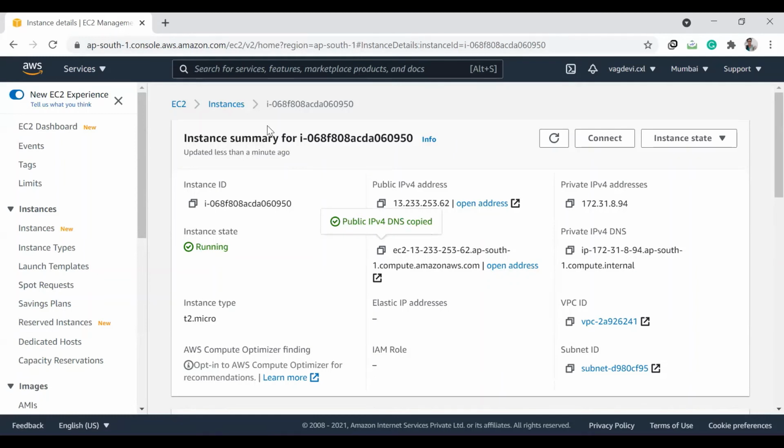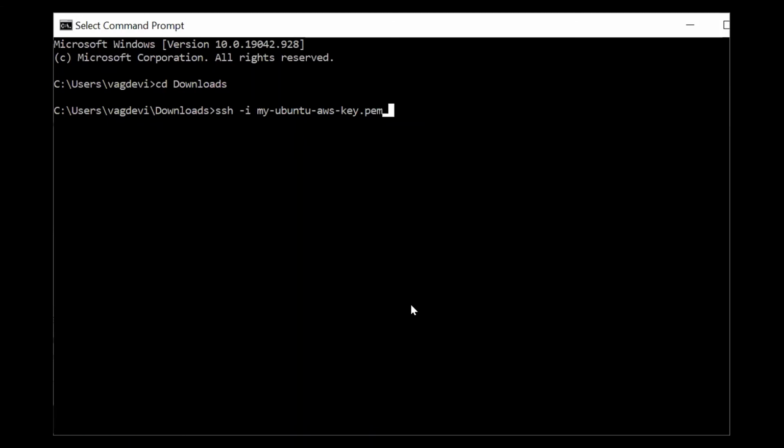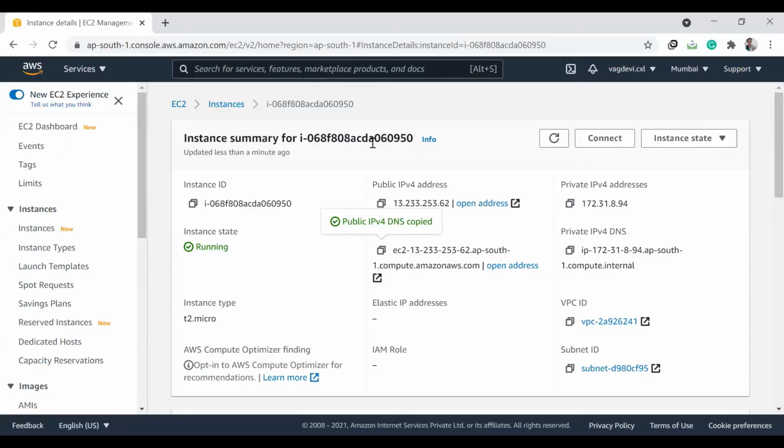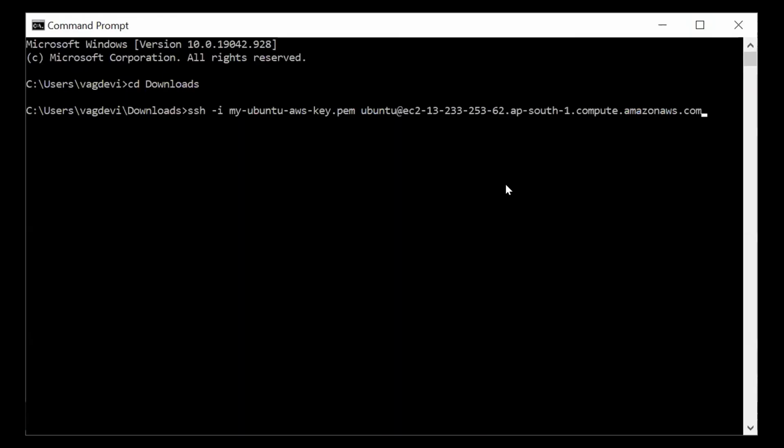Since we are using an Ubuntu machine, we should write ubuntu@ and paste this. This is the same IP address which we have copied from here. So we just need to copy that and hit enter.